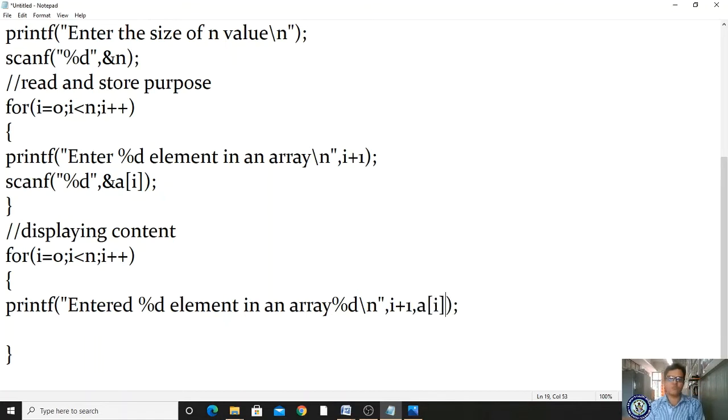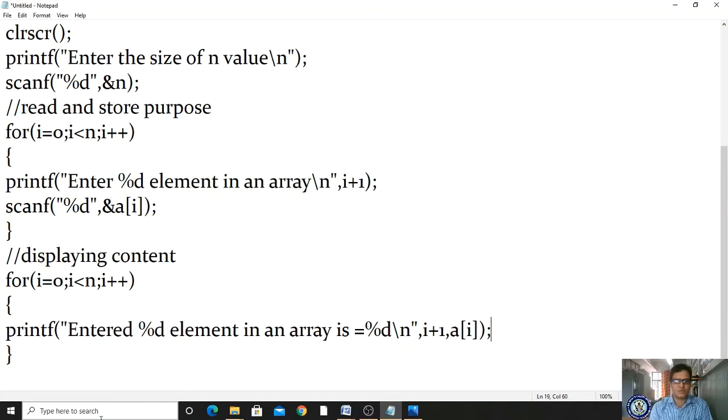In that location only we have the value, right? So you have to give it like this. It will give output like: entered first element in an array a[first element] is this. Just write this statement. That's all.